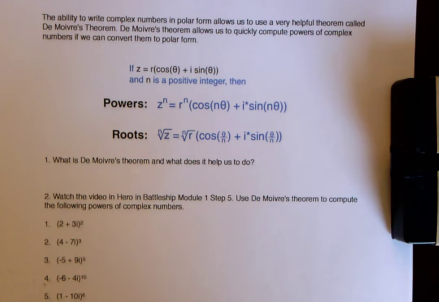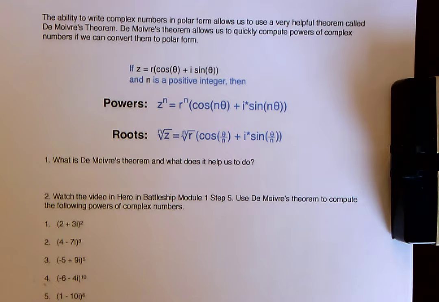Hey pre-calc students, today you are going to figure out how to find powers and roots of complex numbers. This is called De Moivre's Theorem, and it just says the ability to write complex numbers in polar form allows us to use a very helpful theorem. This is the theorem, and it allows us to quickly compute powers of complex numbers if we can convert them